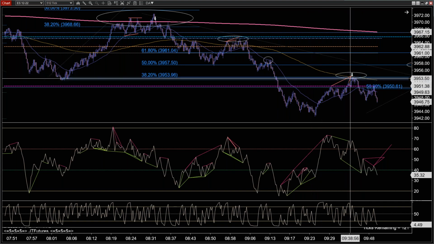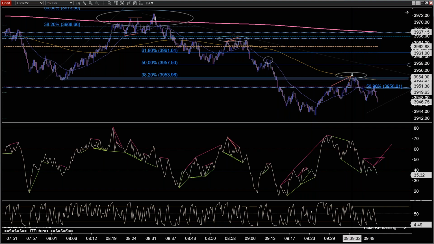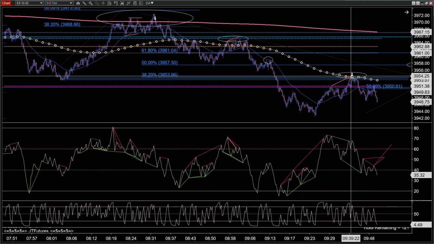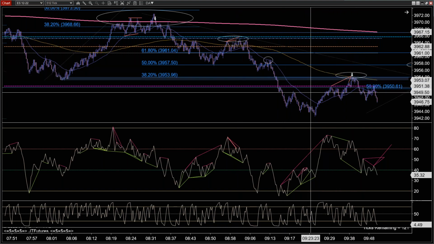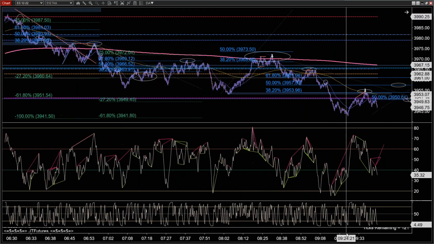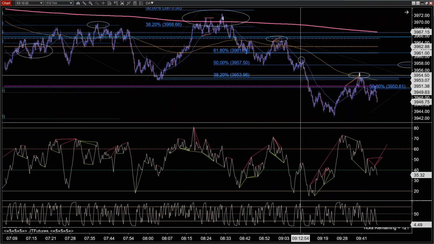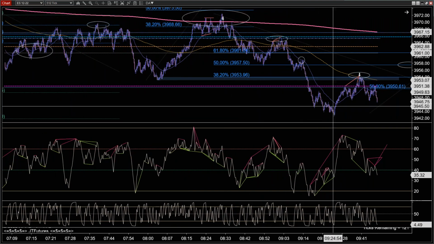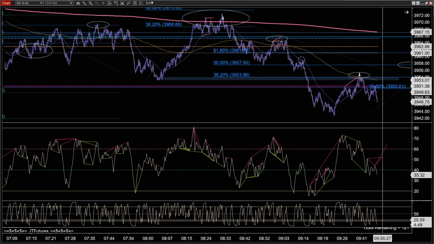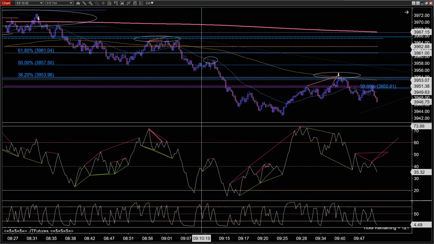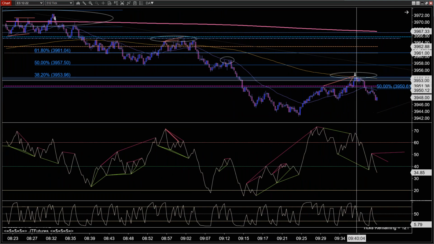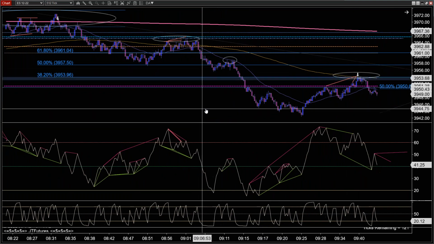So we have support and resistance from that level. We have the 200 moving average, and we have the 38% retracement of what I would say is a pretty significant move in the market here going into the lunch hour. Okay, so let's just pretend like we couldn't see what actually was going to happen next, and all we could see